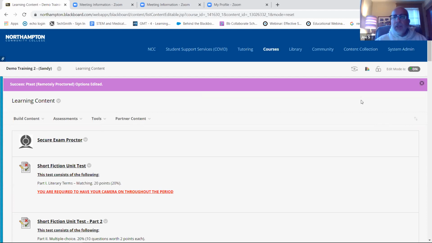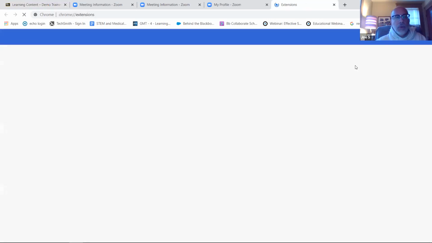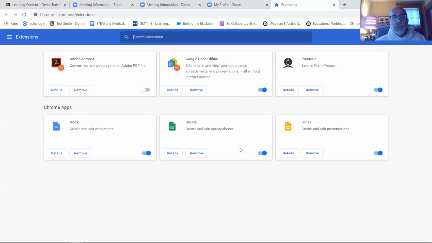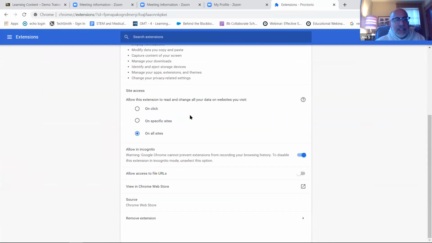It may be saved somewhere in this mechanism in the extension here. I don't know the guts of Proctorio well enough because any extensions that you have on Chrome, which would include Proctorio, you can see some of the other ones I have, there are some details here, and there might be something along with the extension particular to Proctorio that wouldn't get deleted if you clear your cache. But sorry, I don't know the answer. All right, good questions though. Thank you.